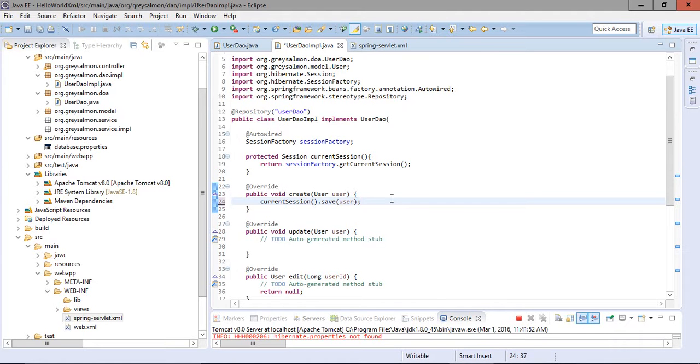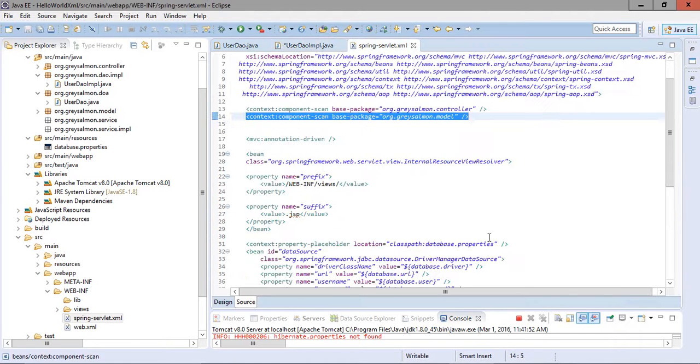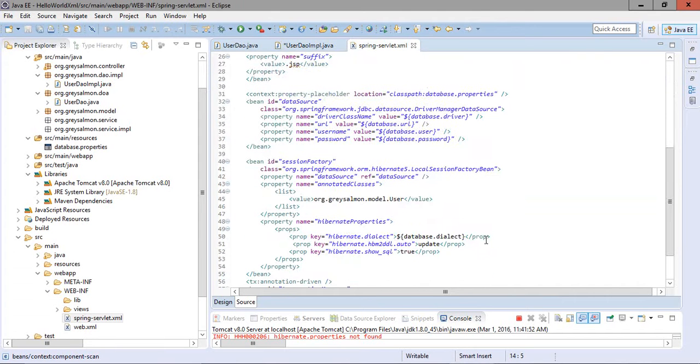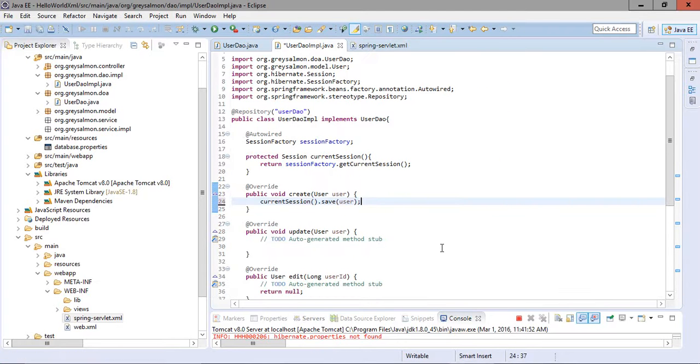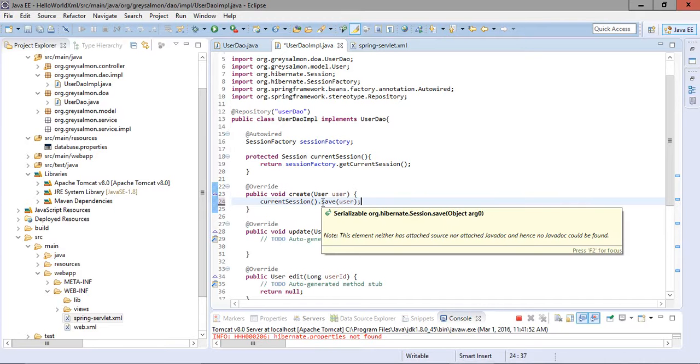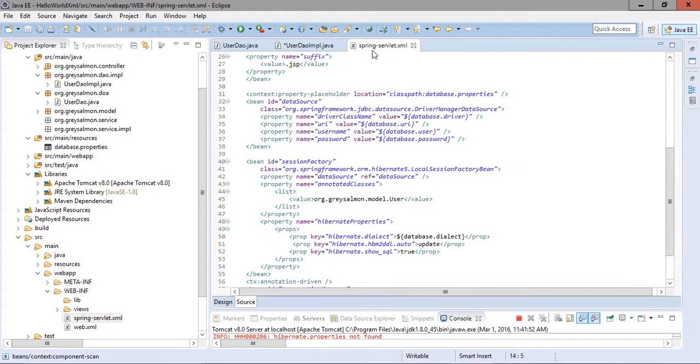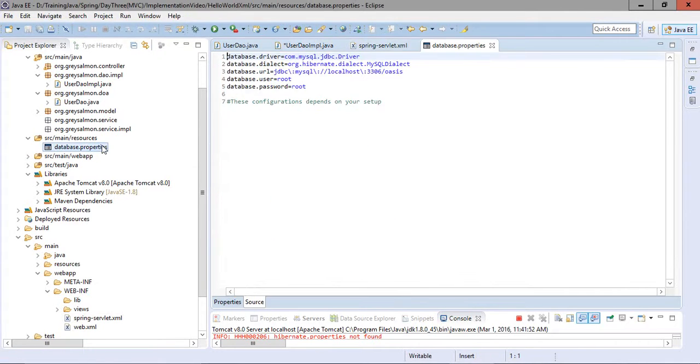Since we have used one dialect in the configuration file, this dialect has the information about which database we are using. So that particular query will be converted into the syntax of this particular database. Here we are using MySQL dialect. As you can see in the properties file, the dialect shows we are using the MySQL database.